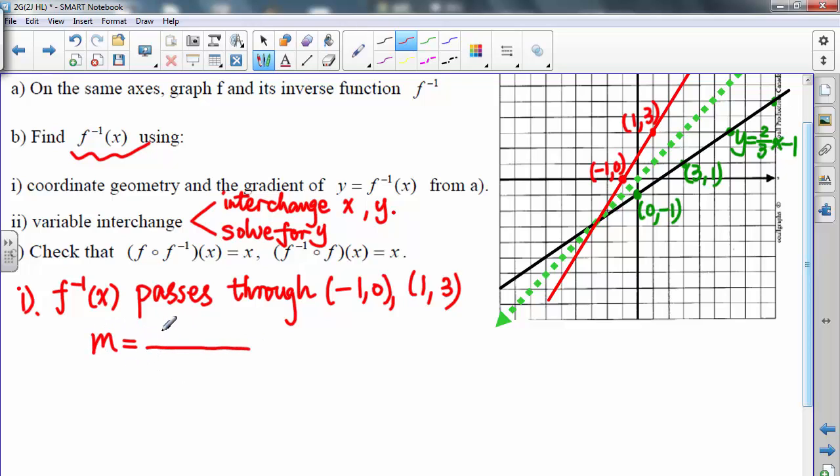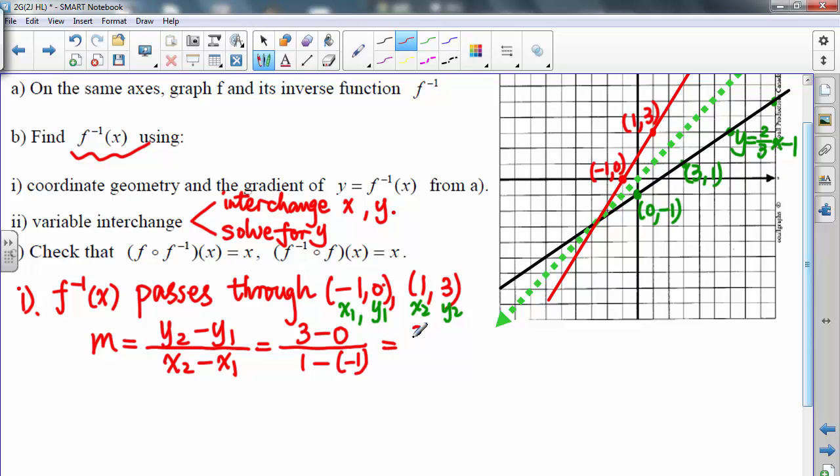The slope formula is y2 minus y1 over x2 minus x1. You can take one of these 2 points as x1, y1. Then the other point should be x2, y2. So here, my y2 is 3. My y1 is 0. My x2 is 1. My x1 is -1. So the slope of the inverse line is 3 over